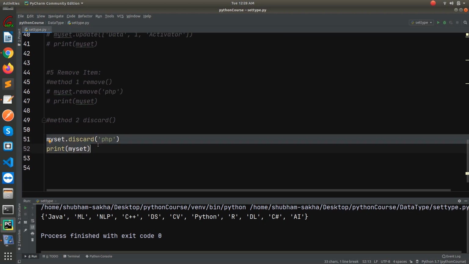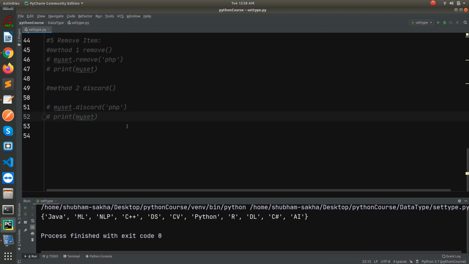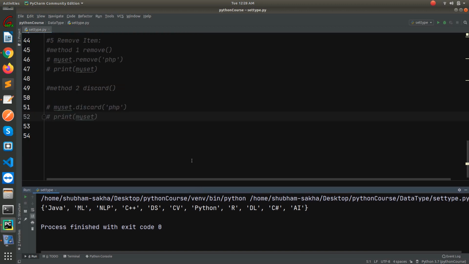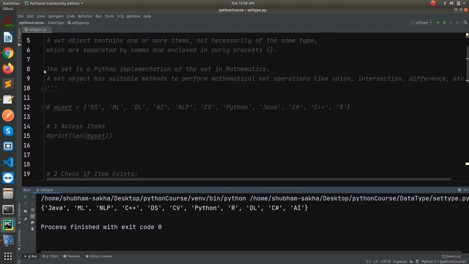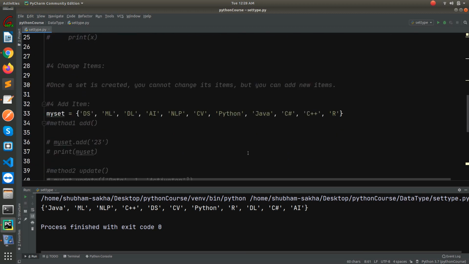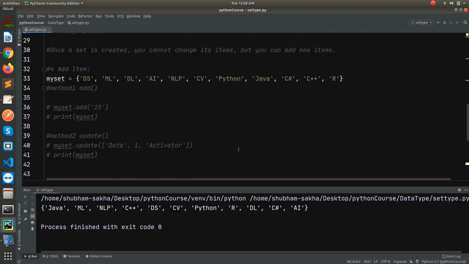Okay, now we'll discuss some of the operations. What are some of the mathematical operations which can be implemented in sets? As I discussed in the beginning, the set in Python is an implementation of sets in mathematics. So you must have studied Venn diagrams or set theory in mathematics in 12th standard. So that will be implemented here in Python.